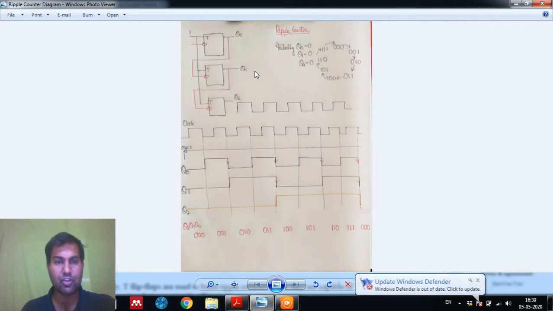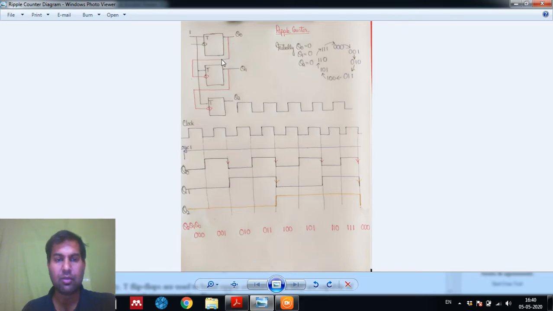figure in which the flip-flops are mentioned, and clock is also mentioned, logic is also mentioned, and all the outputs are also mentioned, which are Q0, Q1 and Q2. So in the ripple counter, the flip-flops' output transitions serve as a source for triggering other flip-flops. Like the second flip-flop, which you can see on the screen, is actually getting the output of the first flip-flop,